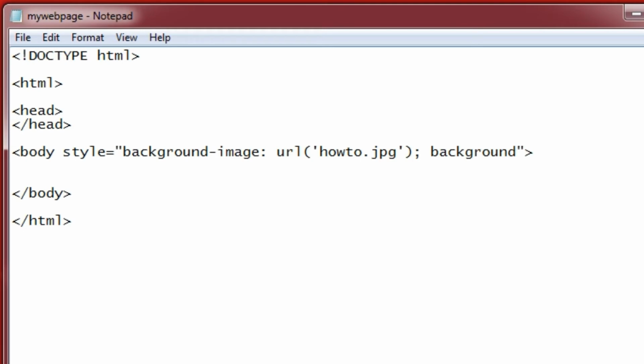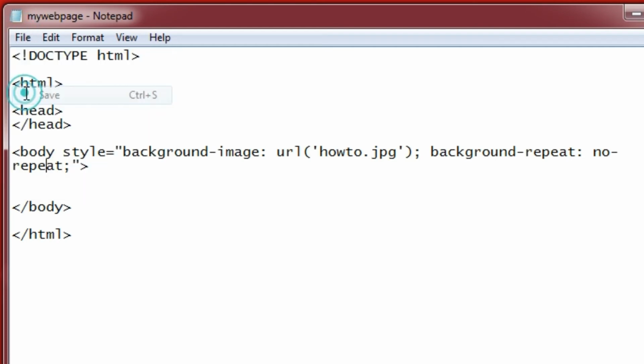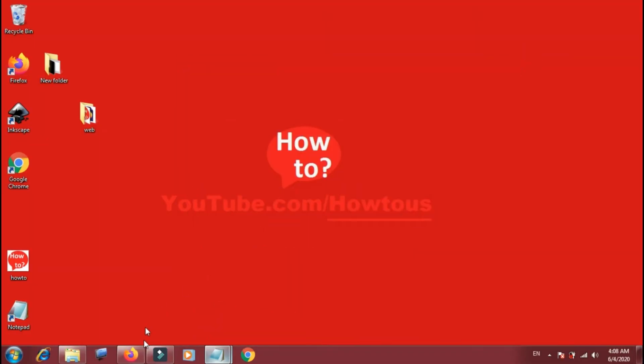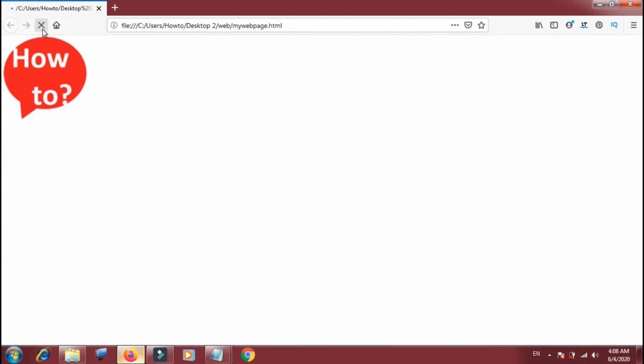Background-repeat: no-repeat, and again semicolon. Now save the change and refresh this page. So we have this single image as a background,